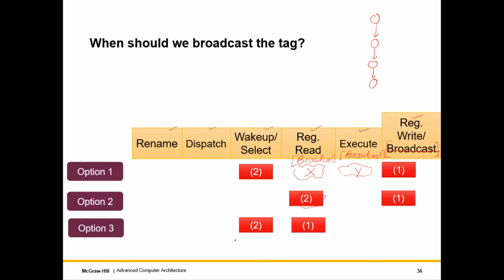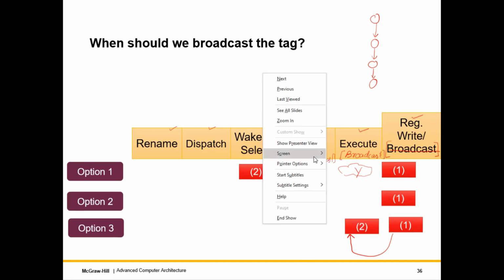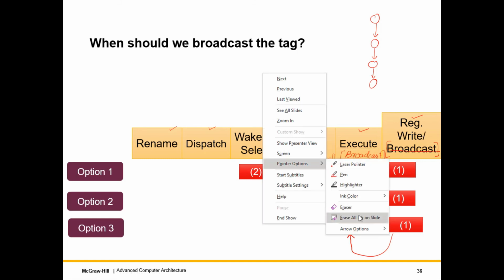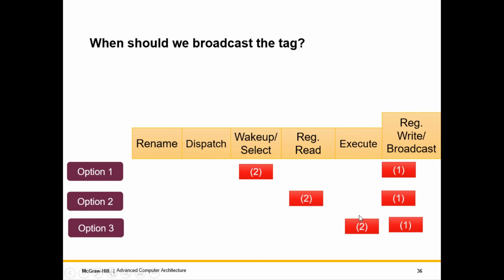And in this case the execution will be back to back, because when 1 is executing, 2 is reading the registers, which of course will not get the right value, but it will get it from the bypass path, which is in the next cycle, because 1 would have computed its results, so it can bypass the results to instruction 2. So it is important that we see this animation once again, and I'll clear off the ink, to appreciate what exactly we are trying to say.